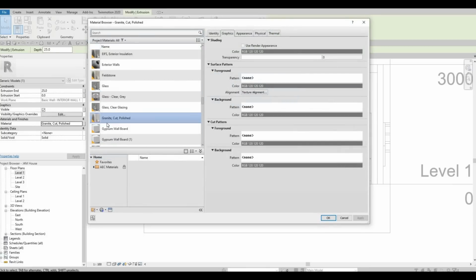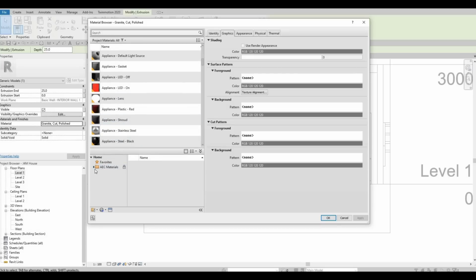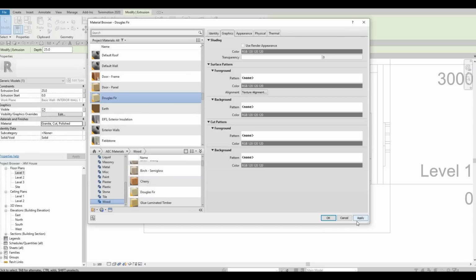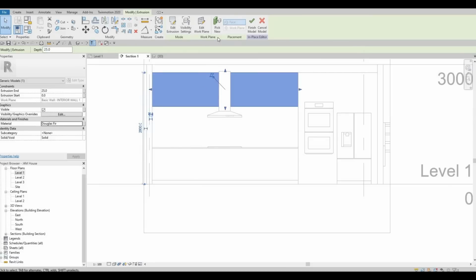This will be ash, same materials that we added from below. Actually, I'm planning to just change it to a different wood, so maybe Douglas fir will be good enough for this. And then click on finish again,